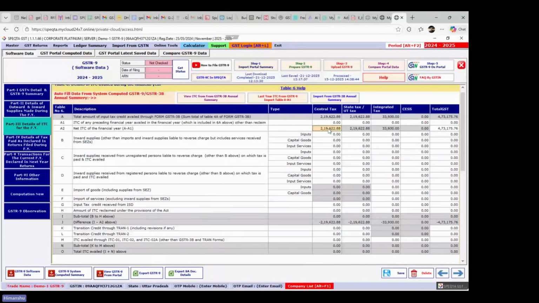But if, as in the example I just gave, 1,00,000 rupees was related to the last financial year, then you need to provide the breakup of 1,19,000. So I need to just enter here 50,000 rupees as my input, and 69,622.88 is my capital goods ITC. And in that case, IGST is input service 33,930. So now you can see I have just provided the breakup